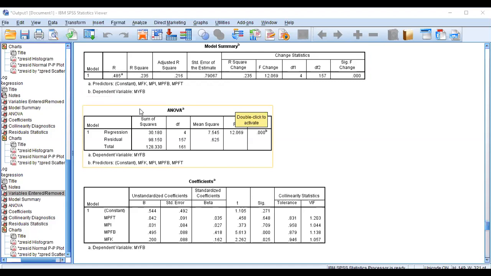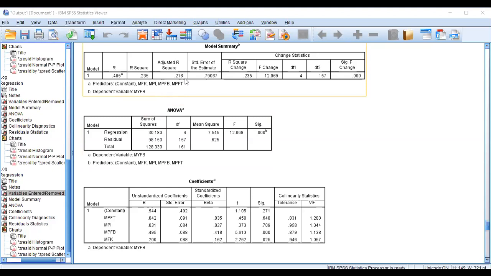Okay. Now next is the R square value. If we have only one independent and one dependent variable in the model, we read the R square value. But if we have multiple independent variables and only one dependent variable, then we read adjusted R square. In the model, you can see there are multiple independent variables and one dependent variable. So we will read this value, which is 0.216. Now, how to interpret this? We will interpret like this: